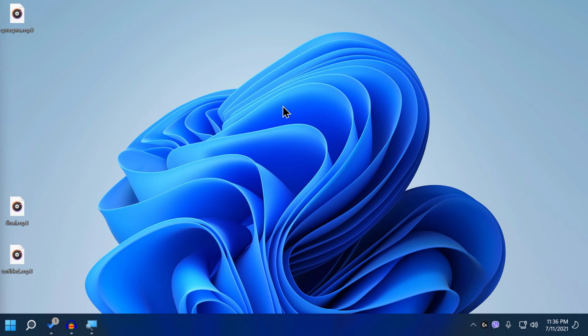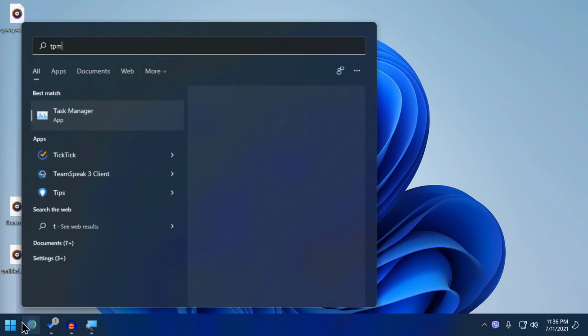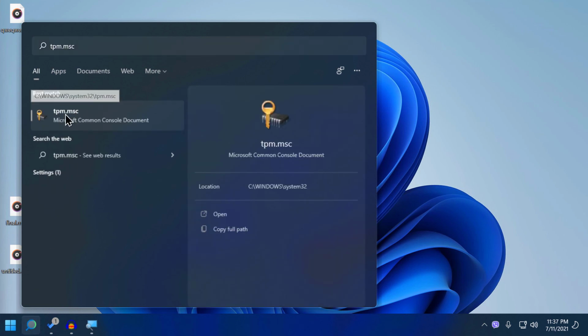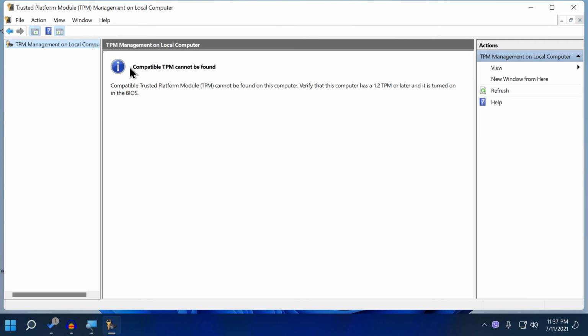To do that, first go into your search bar and type tpm.msc and click this icon. As you can see, compatible TPM cannot be found. I have disabled it just to show you